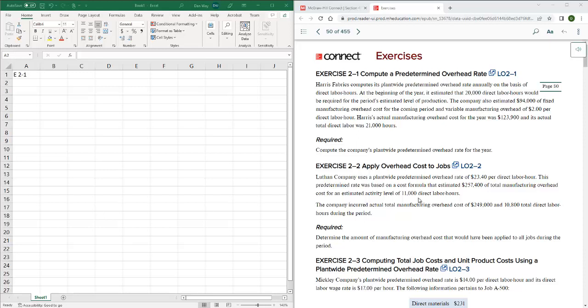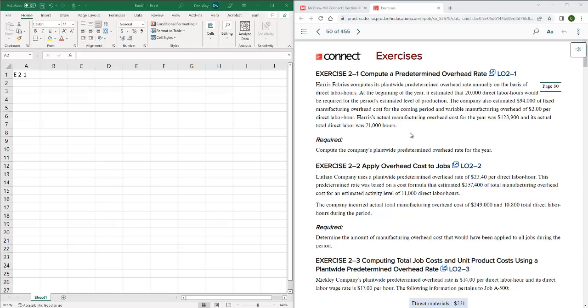So the first one I'm going to cover here is exercise 2-1, and that said Harris Fabrics computes its plant-wide predetermined overhead rate annually on the basis of direct labor hours. So as you recall from reading in Chapter 2, with predetermined overhead rates, those are based on estimates that are done at the beginning of the period. Then we're going to use that predetermined overhead rate to apply overhead to jobs as we work on them throughout